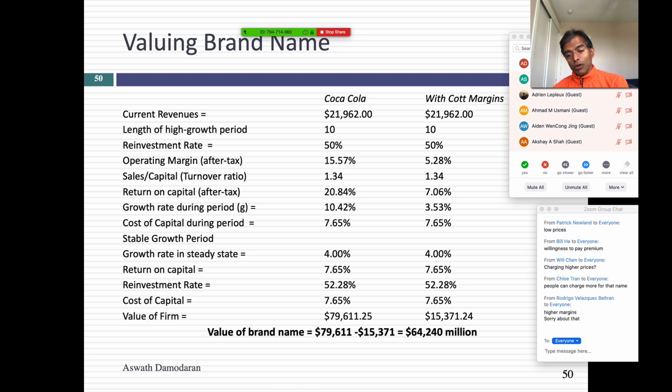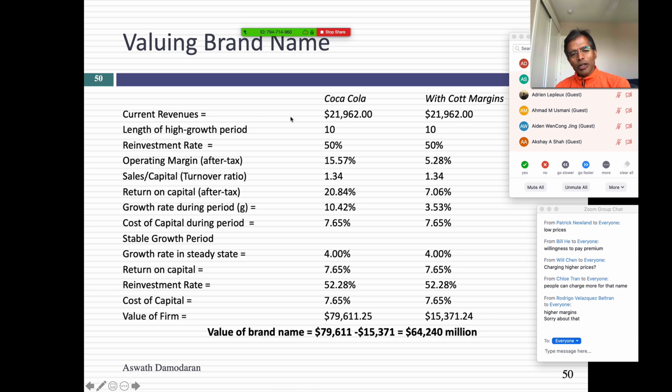And he said, hey, don't you think that Coca-Cola's brand name is worth a lot? I said, absolutely. It's the only thing in this building that's worth anything because nothing else you do is really adding that much value. And he said, why aren't you adding a premium? You know what my answer was? Because it's already in there. He said, where? I said, everywhere. Why do you think you earn a 21% return on capital? You think it's got anything to do with the taste? No, it's your brand name.